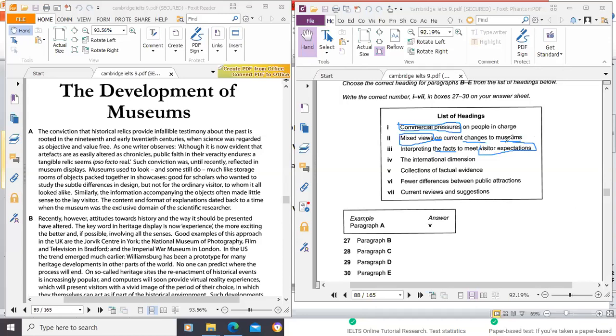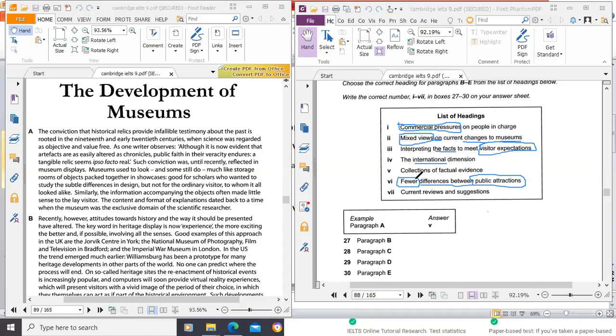So which paragraph talks about expectations? Is there anything like international dimension? Then they said this has been done for me, so I'm not looking at it at all. Then the differences between public attractions. Now, once I see all these comparative words that are used to compare certain things,